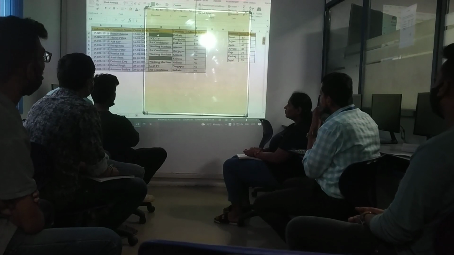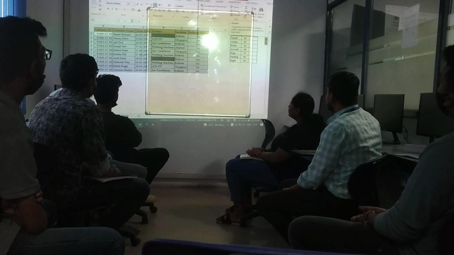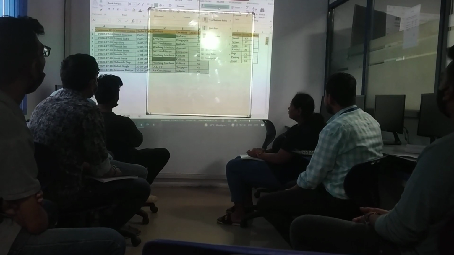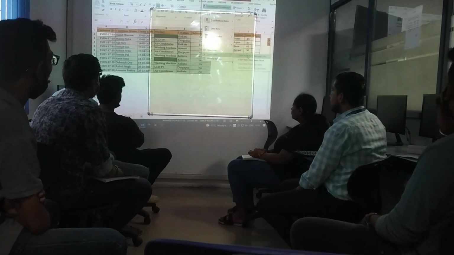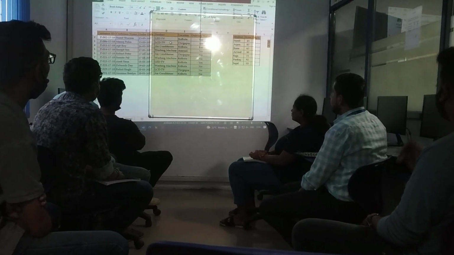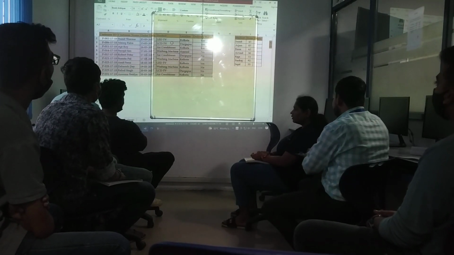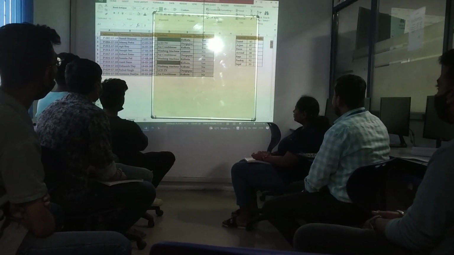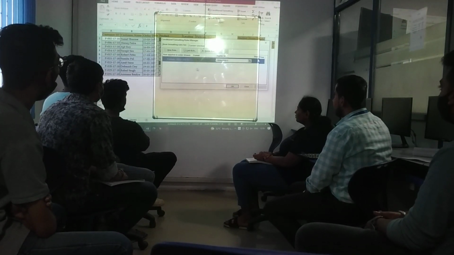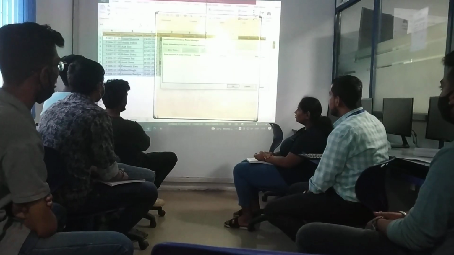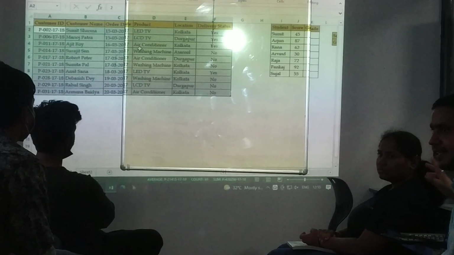For example, first of all, we have done the condition. Now we have to clear the rules. So we go to conditional formatting and click on clear rule, then clear rules from selected cells. So now there is no conditional formatting formula. Or else we can go to manage rules, select the rule and edit the formula. We can also delete the rule, and okay. So right now there is no formula in this data.